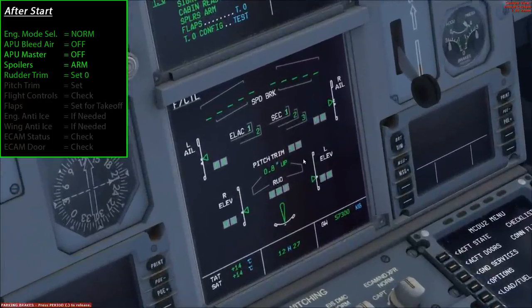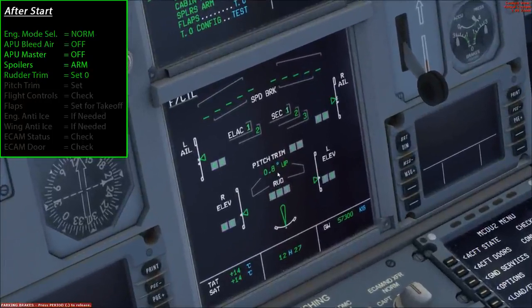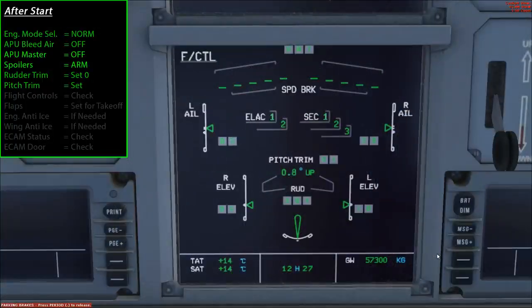And if we zoom in again there, you can see that it now says 0.8 up on the lower ECAM there. So that's how you set your trim for takeoff. After you've set the pitch trim, what you need to do is a flight control